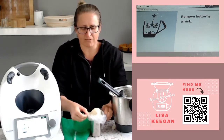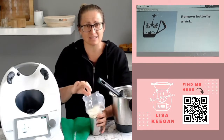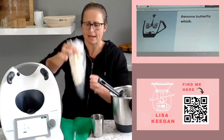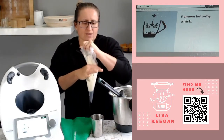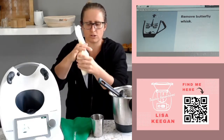So I've now filled this up. We're just gonna pull this up. You can see how stiff this bag is. It's a little too stiff. What I need to now do is get this into the bottom of the bag as much as I can. And I want to get the air pockets out of it because otherwise air pockets make for funny shapes. So as I push it down